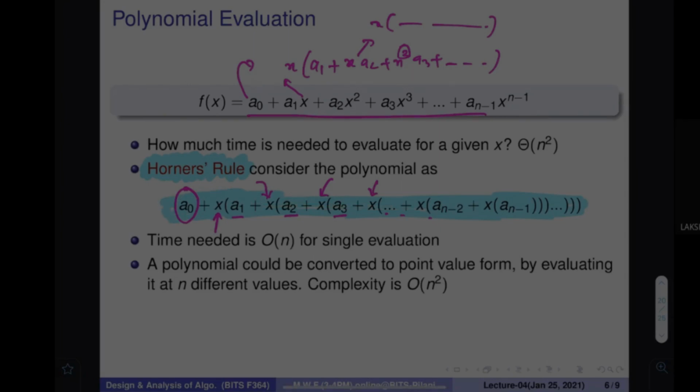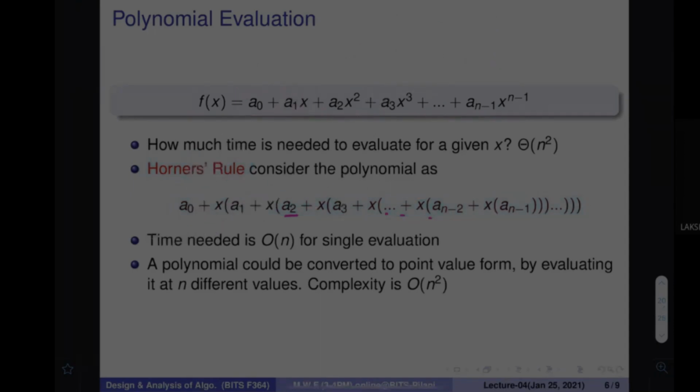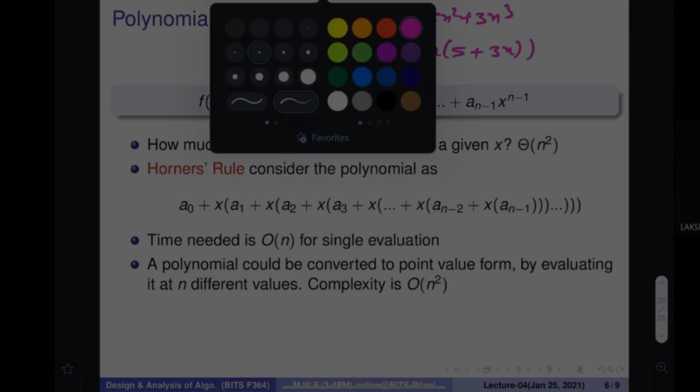Okay, let us make it clear. I think I should take an example so that it becomes clear to you. Let me take, for example, 2 plus 3x plus 5x square plus 3x cube. I want to find this. I can write it like this: 2 plus x multiplied by 3 plus x multiplied by 5 plus 3x. The last one I can put this way. Is it the same expression? Yes or no? Can you tell me?